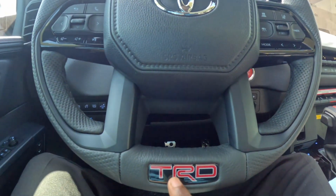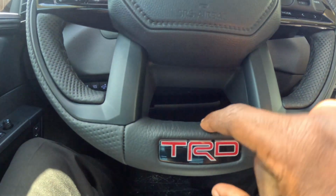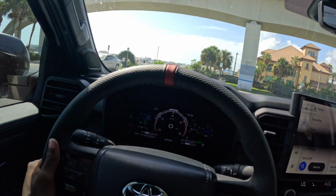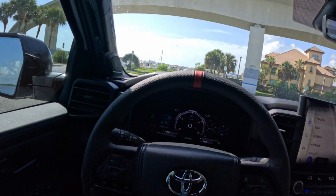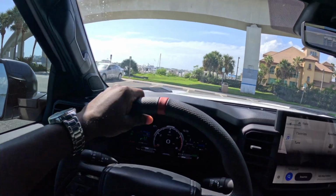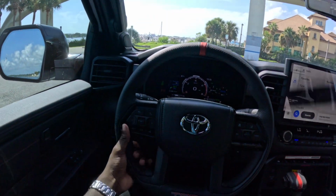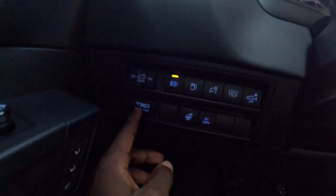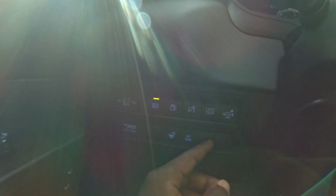Come down here on the steering wheel, you have your TRD script on the steering wheel. One problem I found with this steering wheel, there's not really many places to rest your hand, if you know what I mean. It's like you're always fighting for somewhere to put your hand, but that's something you could easily get over. Your light bar control is right here, your heated steering wheel, your AC to 120 voltage,